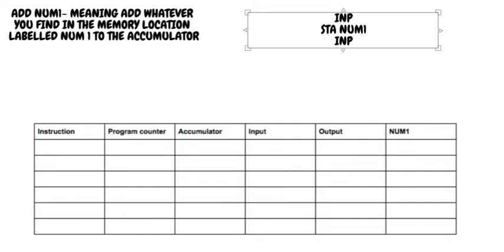Now for stage 4, we will add a new function, ADD num1. So this means we are going to firstly put our second number, num2, into the accumulator, so the accumulator will have 7, and then we're going to bring the 5 out of the storage area num1 and add it also to the accumulator. After we add num1, we're going to output, but of course this time what we are going to output is num1 plus num2, which equals 12. And then after output we need to halt the process, and finally, as you did in 5.2.1,